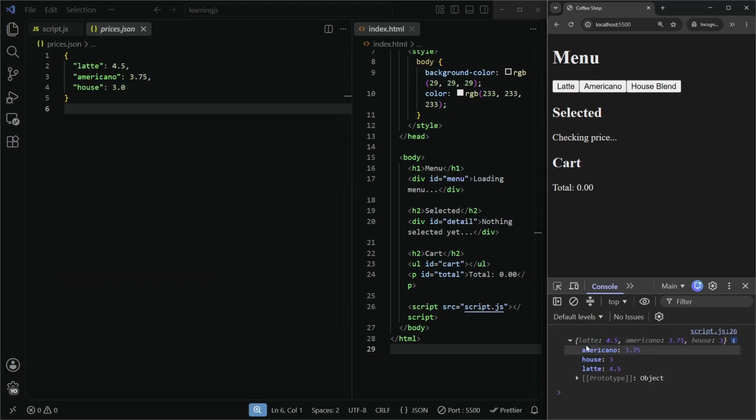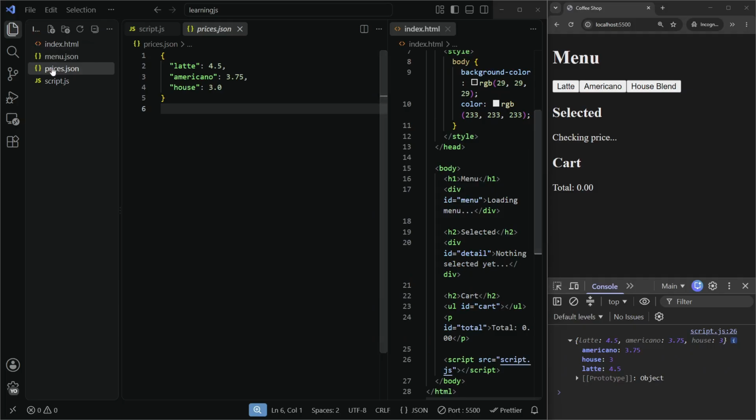No, it's just one object with key value pairs. Yeah, prices is not a list of objects. It's just one object with these key value pairs. So, okay, to access this price, we need to